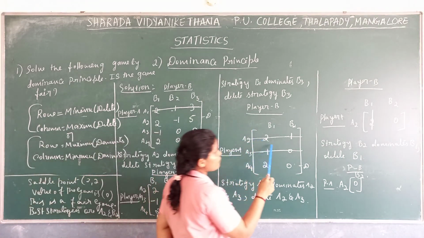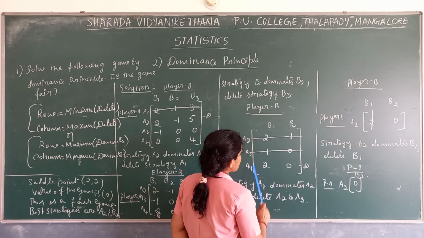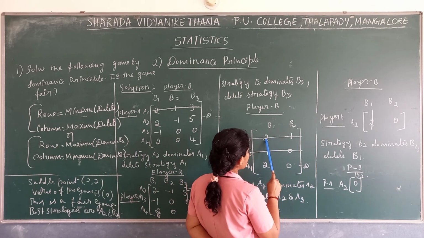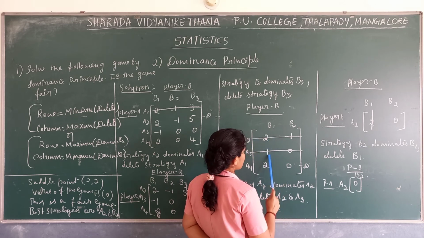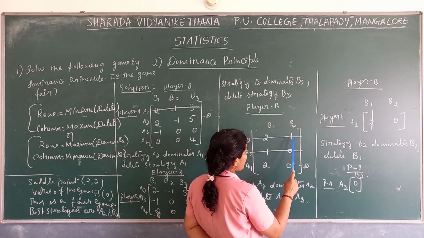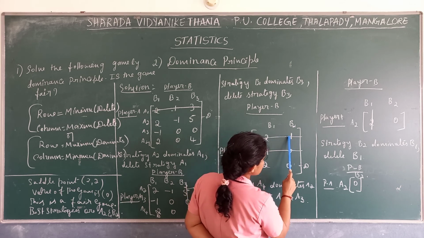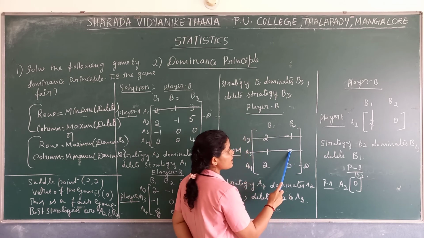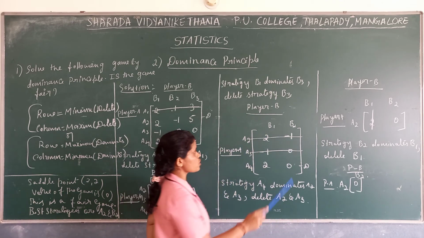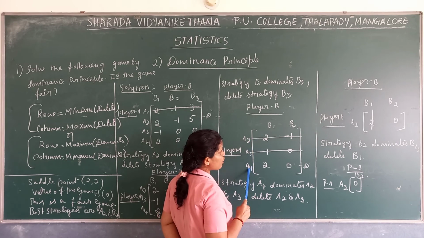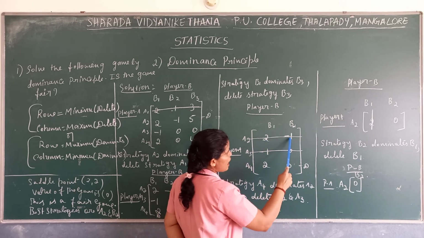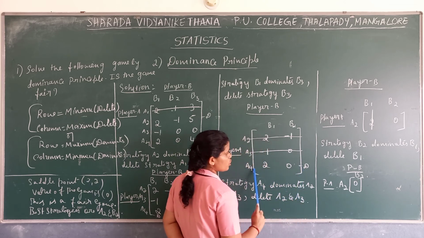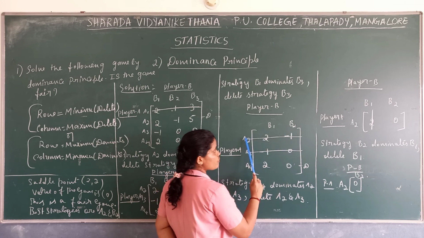Then if you come here, column-wise is over, and once again we go with row-wise. We are comparing row A2 with A3. Here this is the largest one, and here this is the largest one. Since here it is -1, here it is -1, this is the largest one. One we get here, one we get here. So comparison is not possible. So we are moving to A2 with A4. When we compare, this is equal and here it is greater. So we get this row as dominating, compared with this. So we are deleting this.